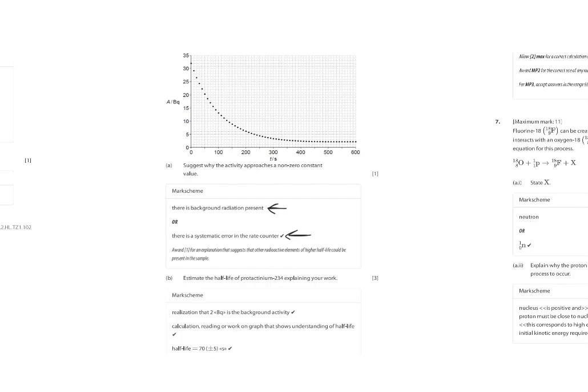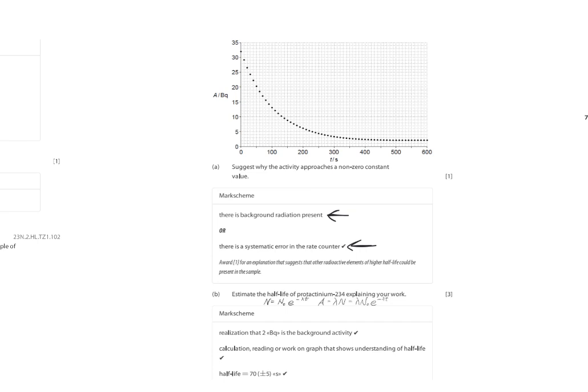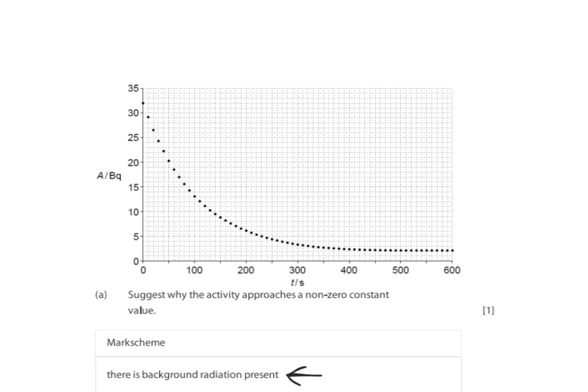Well, half-life accounts for the amount of sample but also the activity rate. They both follow the same relationship. Both the actual count of nucleons and the activity rate follow an exponential decay, and so half-life is going to be the time when half of the activity is left. And so the starting activity, if we look at the graph, is 32,